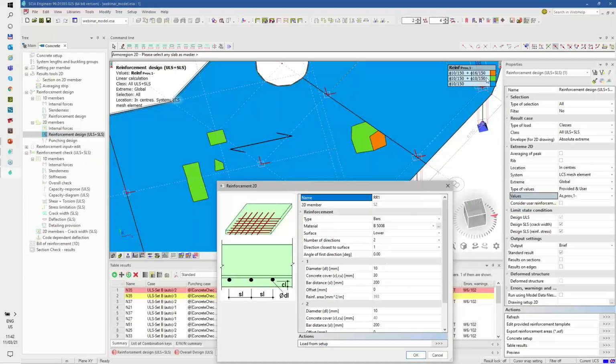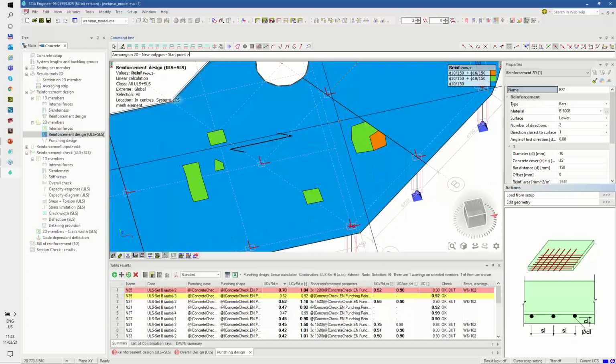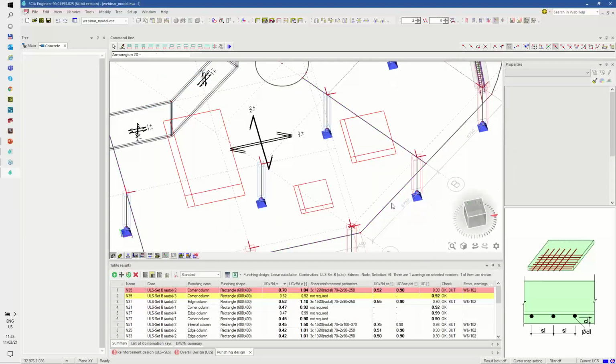I will use this diameter 16 as additional bars. Yeah. There was cover, I remember it, 35 millimeters. And I will use the spacing again as was originally used. Okay, so everything is defined. And now I can define my geometry. Yeah. So for instance, I will use the rectangle possibility, and you can see I can define the reinforcement 2D meshes for more places than just one. Yeah? Okay, so I can confirm it, and I will just